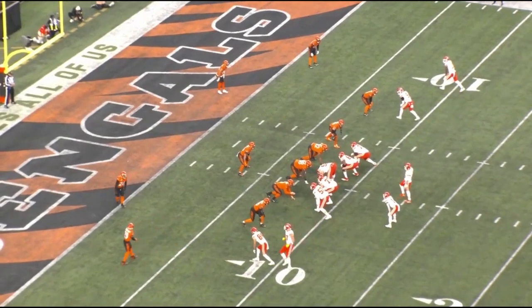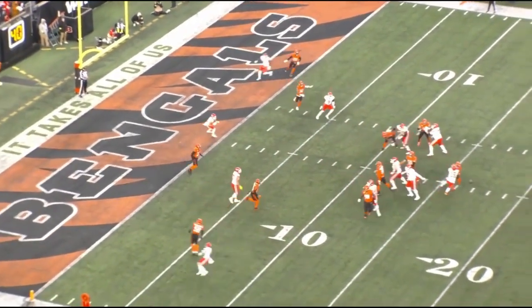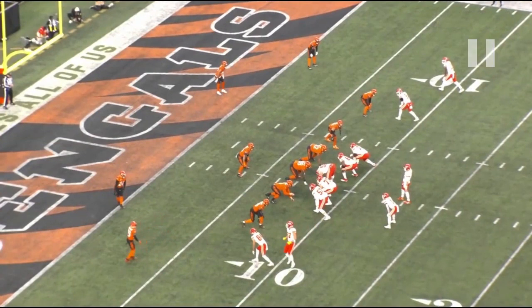If they're going to get a lot of pressure on Mahomes, they're going to force that ball out quickly. You know, they get the tipped ball, kind of a lucky thing. That doesn't happen a lot to Mahomes, but they did identify the ball is coming out quick because they're going to send pressure. So we have another high-low concept, Travis Kelce motioning from right to left, and instead of doing